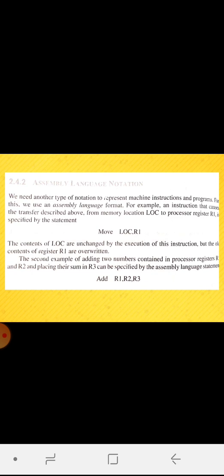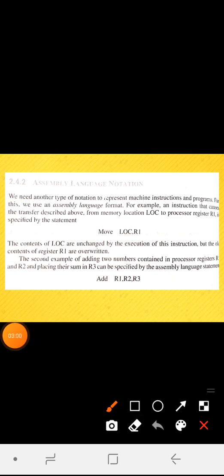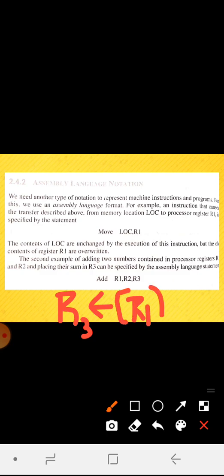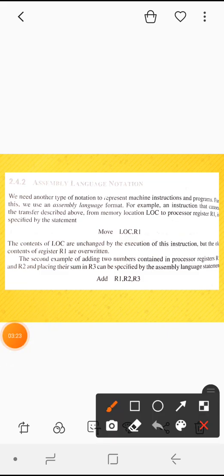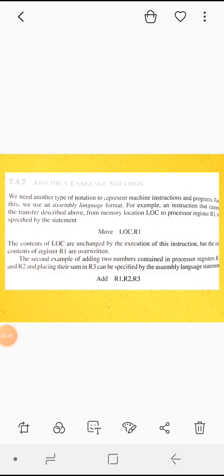In the previous register transfer notation, you may remember the addition what we have written. We added the contents which are present in R1 plus R2, and then we stored the result back in R3. So R1 and R2 were source operands and R3 was the destination operand. The same instruction you can write here like this: add R1 comma R2 comma R3. Right. So based on this you can go with the different types of basic instructions we have for the computer.